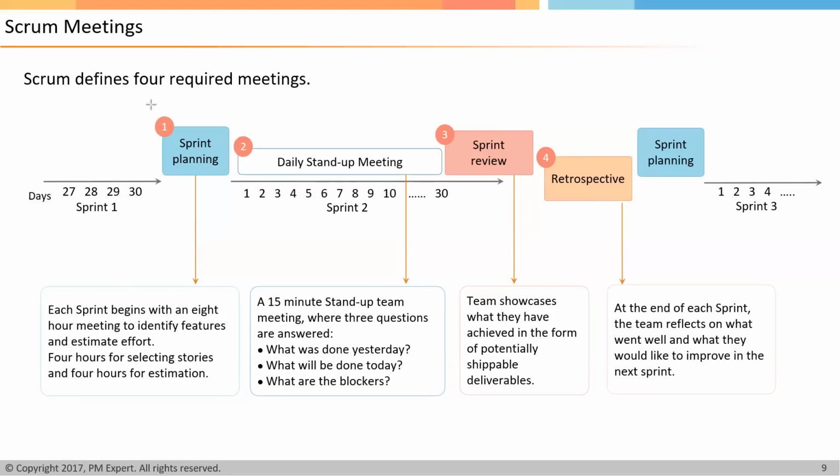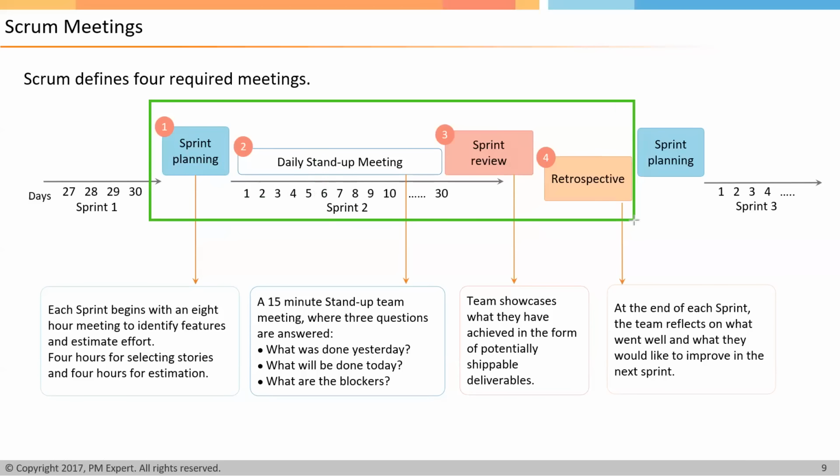This is sprint 2. Now, in sprint 2, can you see four events? The sprint planning, the daily stand-up, the sprint review, and retrospective. Can you see these events, guys? Now, before we discuss what happens inside these events like sprint planning or daily stand-up or sprint review